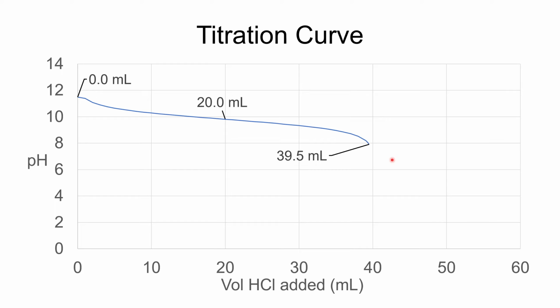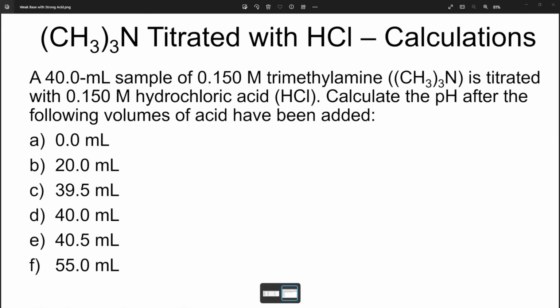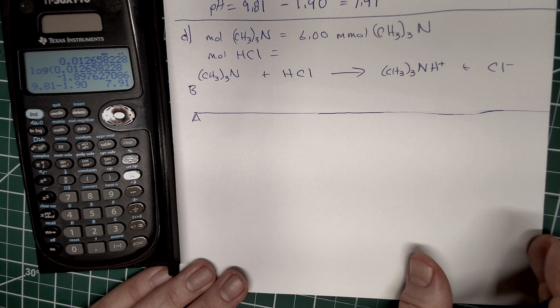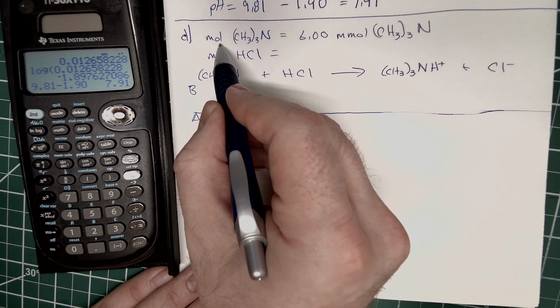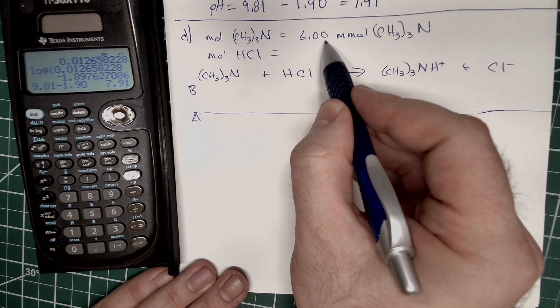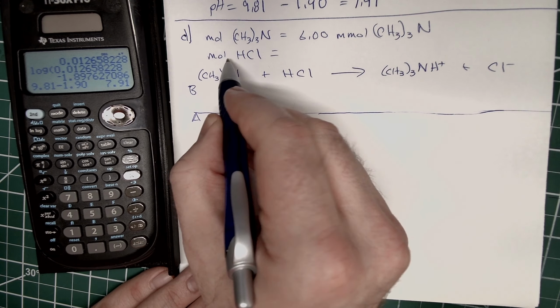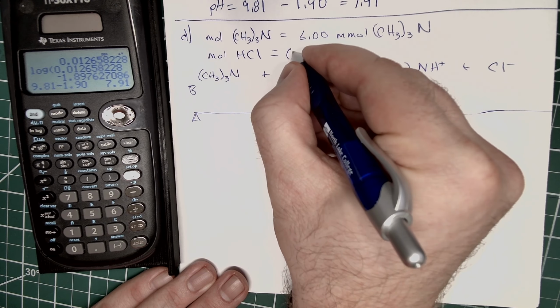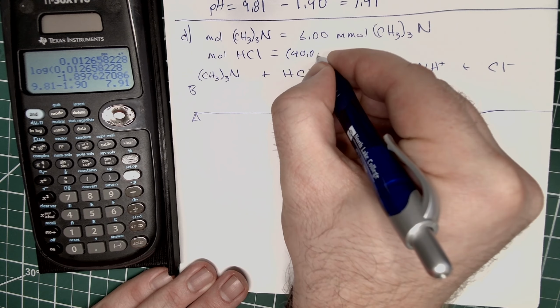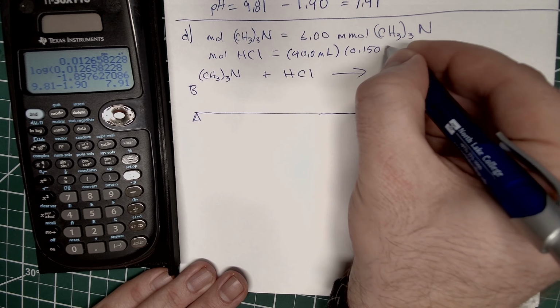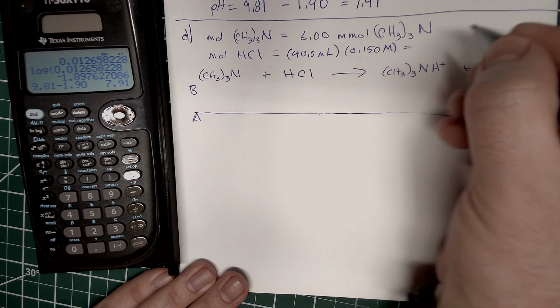All right, so on this next one, we're at 40 milliliters, and as I mentioned, that's going to be at the equivalence point. And I've taken the liberty of going ahead and writing out a little bit of stuff so you don't have to watch me write it. But our moles of trimethylamine is still 6.00. That's how much, 6.00 millimoles. That's how much we started with. For the moles of HCl, go ahead and write out that calculation. So 40.0 milliliters times the 0.150 molar, and that gives us